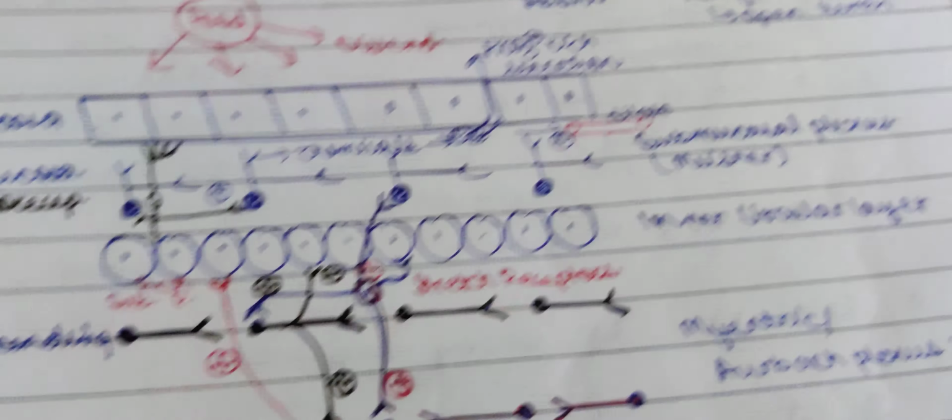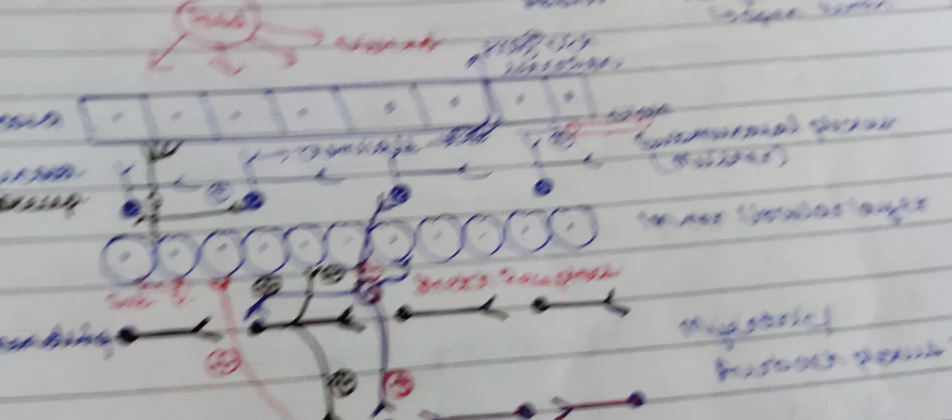Now let's see. First of all, this is the oral part, the mouth part, and that is the aboral part, meaning opposite to the mouth or close to the anus. Food comes from the oral part and distends the stomach wall, and this distension will stimulate the stretch receptors. So where are the stretch receptors found?